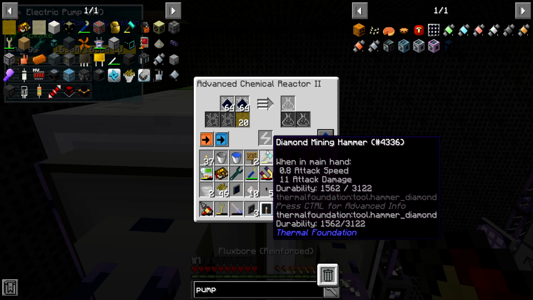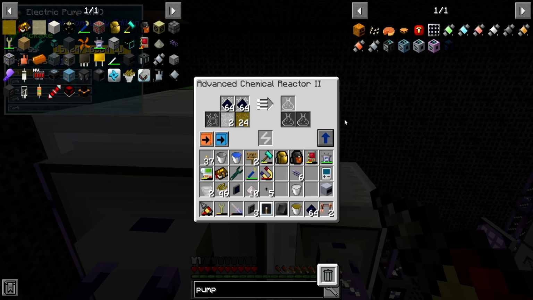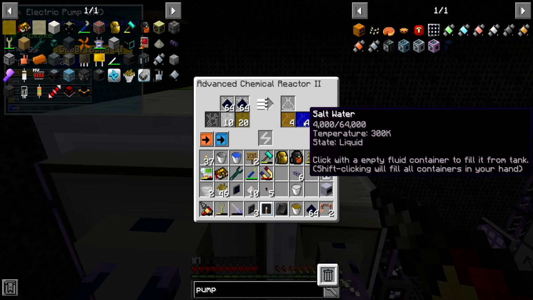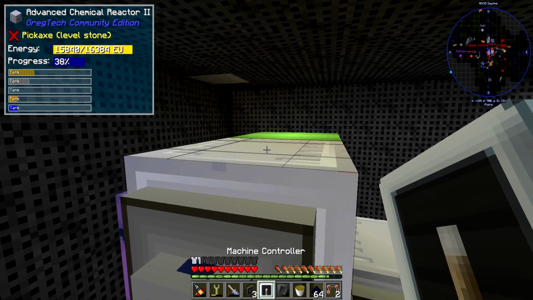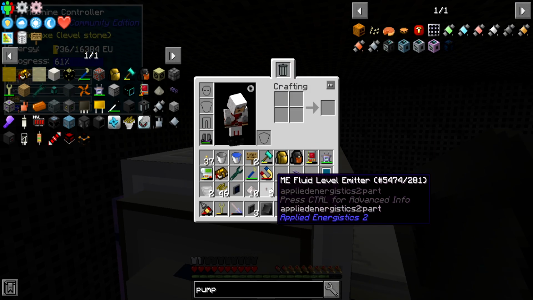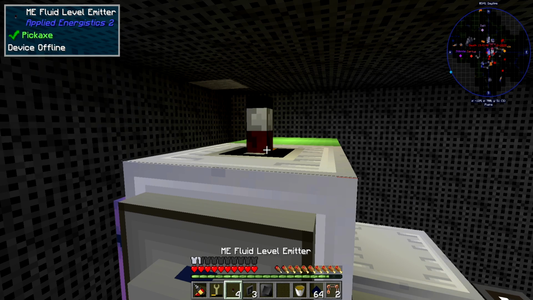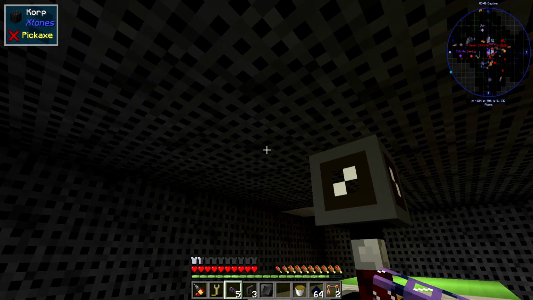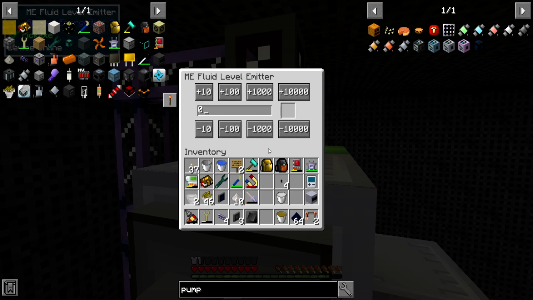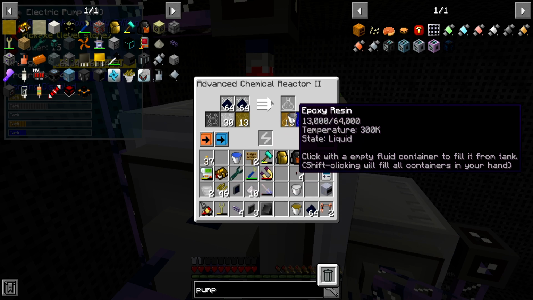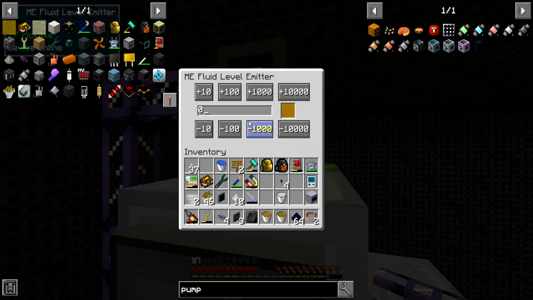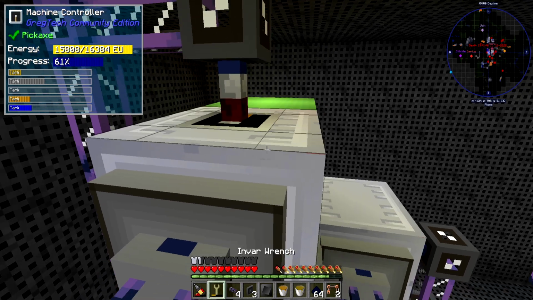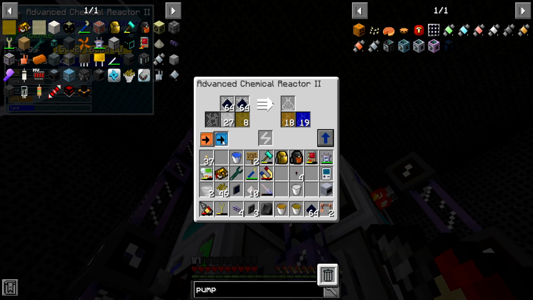Now, the fluid output. Yeah, okay, so we just need the fluid output and an emitter on top. Oh yeah, I wanted the fluid one because I want to make sure I don't make too much epoxy. Do I have a free bucket? I do. Good. So boom, like that, and like that, and we'll say 64 buckets as usual. And then lastly, exit,